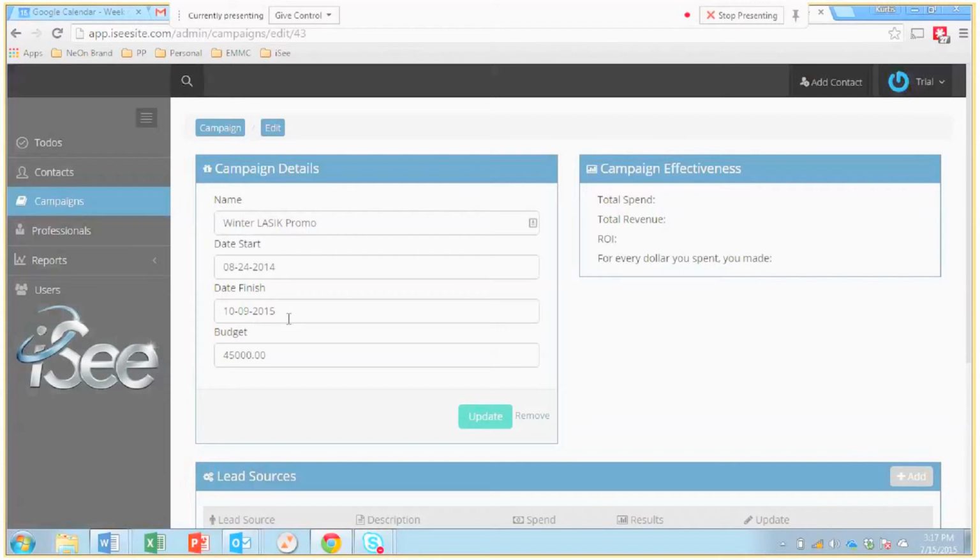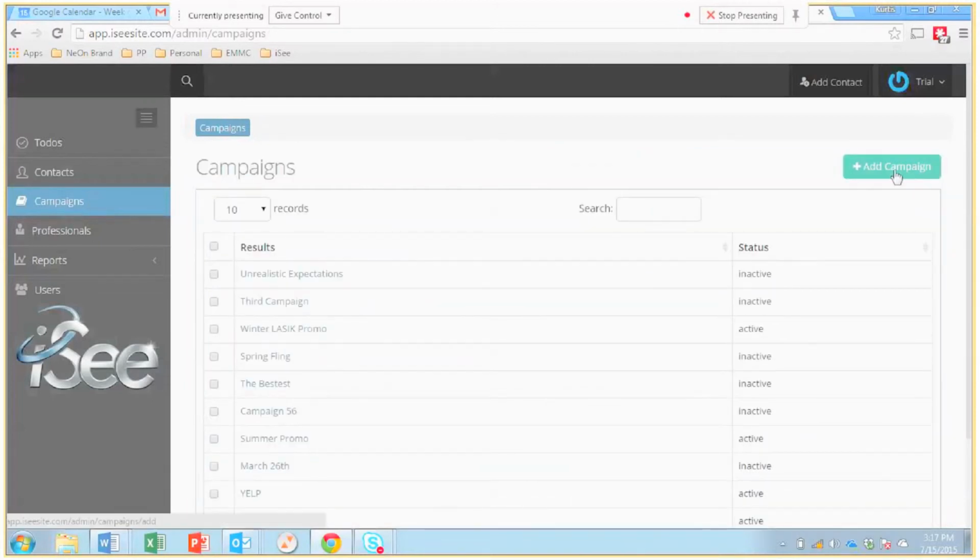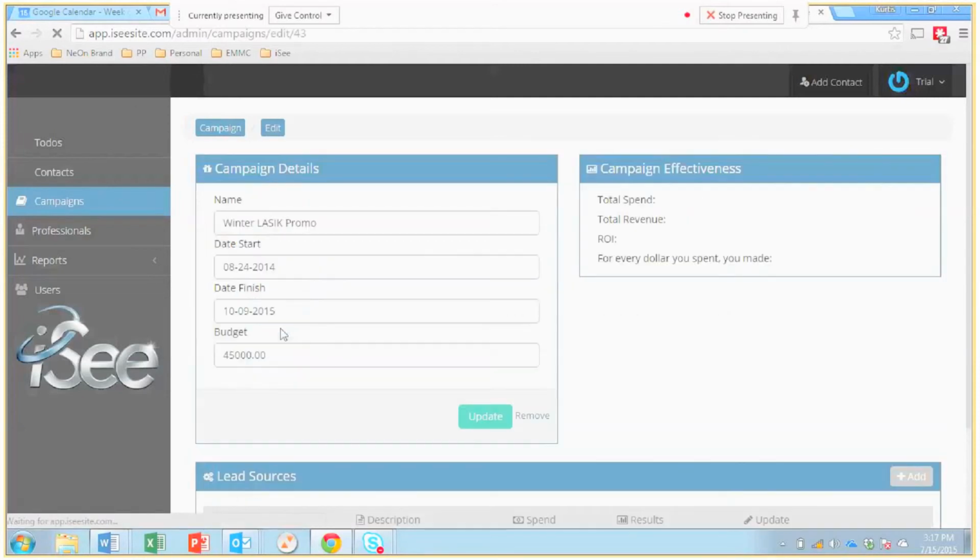But for the most part, everything else you're doing in your business affairs from day to day should have some sort of a campaign associated with it. So once you go into a campaign, you can either add a campaign or else you can just view a campaign. Once you click on the campaigns menu, you have the option in the top right hand corner above the list to add a campaign, or you have the option to click on a campaign and look at the details